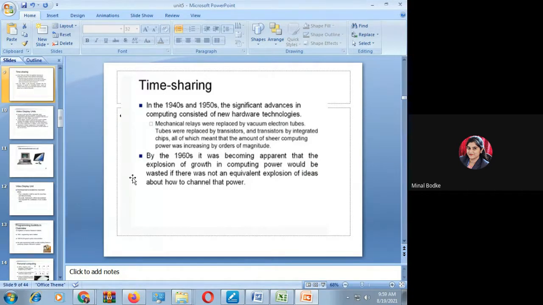So here, the computing power was increased. How was it increased? By the concept of time sharing, which means a single computer would support multiple users. In the case of batch processing, it was a single user, single computer. But in a time sharing system, a single computer can be used by multiple users. So the computing can be done very fast, and the interaction, as compared to batch processing, was increased in time sharing.